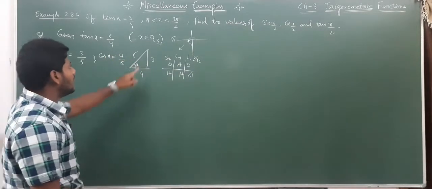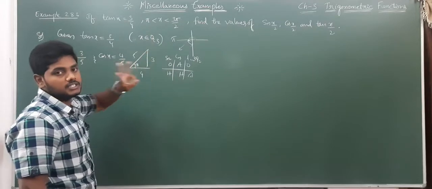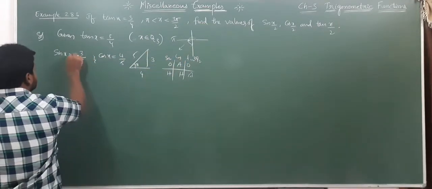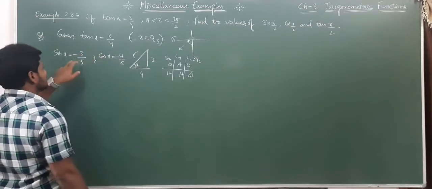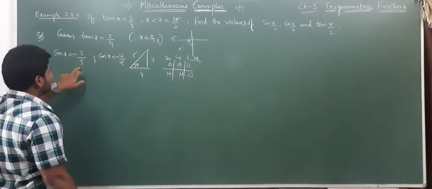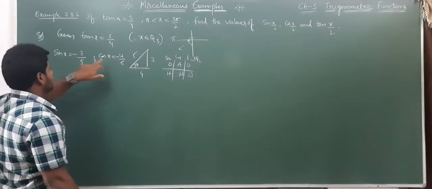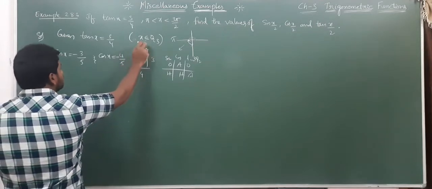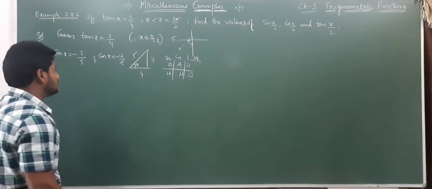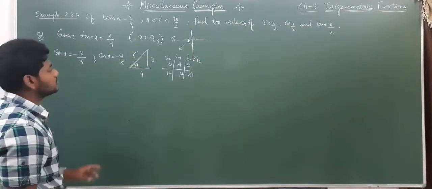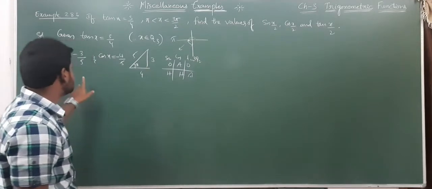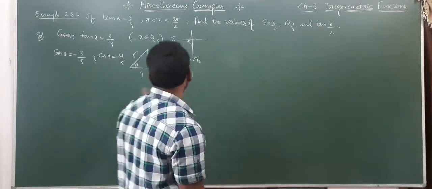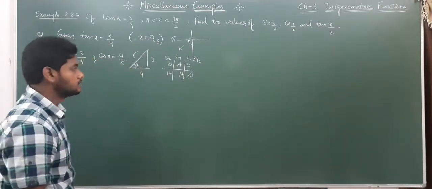But as x belongs to Q3, nothing but the third quadrant. In the third quadrant, are sin and cos positive or negative? Sin and cos both are negative. So that's why tan, sin by cos, is 3 by 5 by 4 by 5. 5 cancels, 3 by 4, minus cancels, plus 3 by 4. Based on the quadrant, you need to put plus or minus signs. So now we got the sin x value and cos x value. Now what they did not ask is sin and cos. What they asked is sin x by 2 and cos x by 2. But by using this, we will find sin x by 2 and cos x by 2.